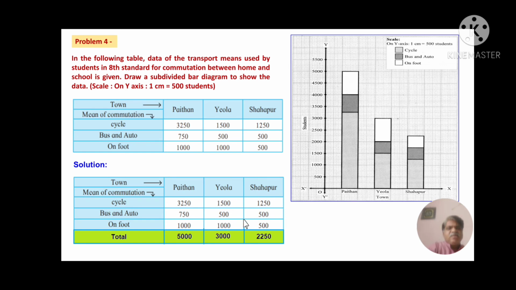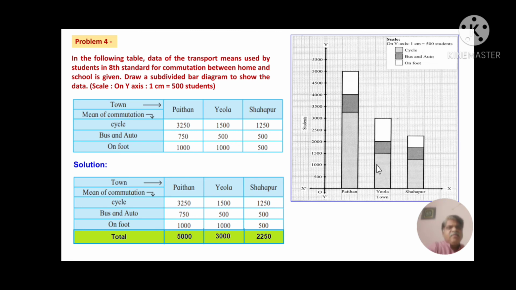First we will see that the total students are 5000, and here you can see the 5000 total. Out of this, you could see 3 different colors, one painted, one shaded dark, and this one blank. So here 3250 students are using the bicycle, this one, and this part, that is 750 students, are using the modes bus and auto, and this indicates they are coming to the school on foot or by walking.